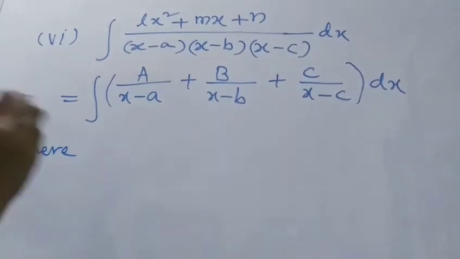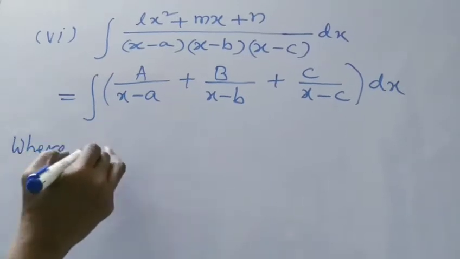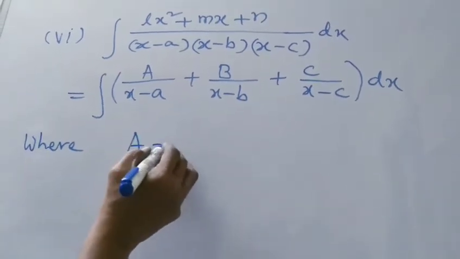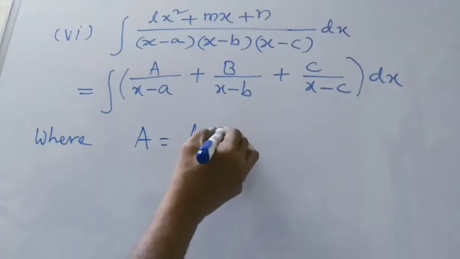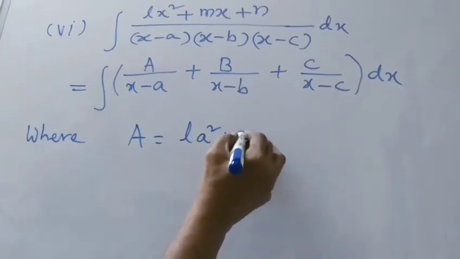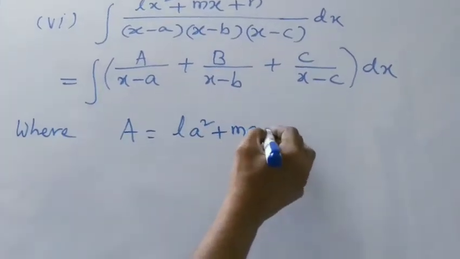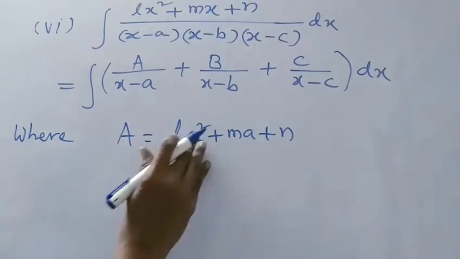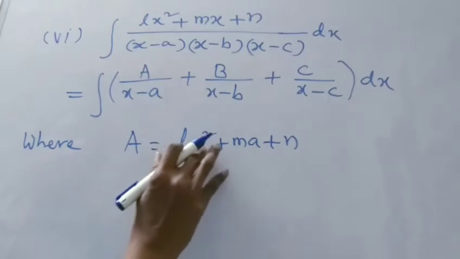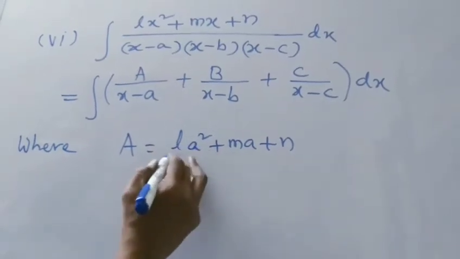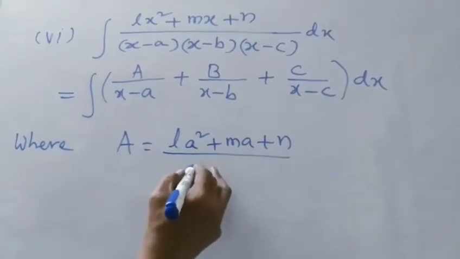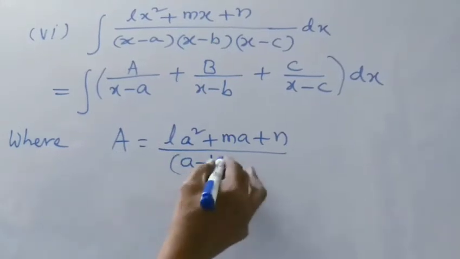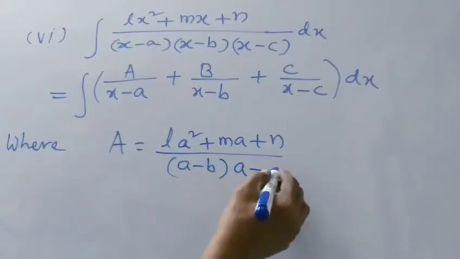After simplification, we got like this: A is equal to LA square plus MA plus N by A minus B into A minus C